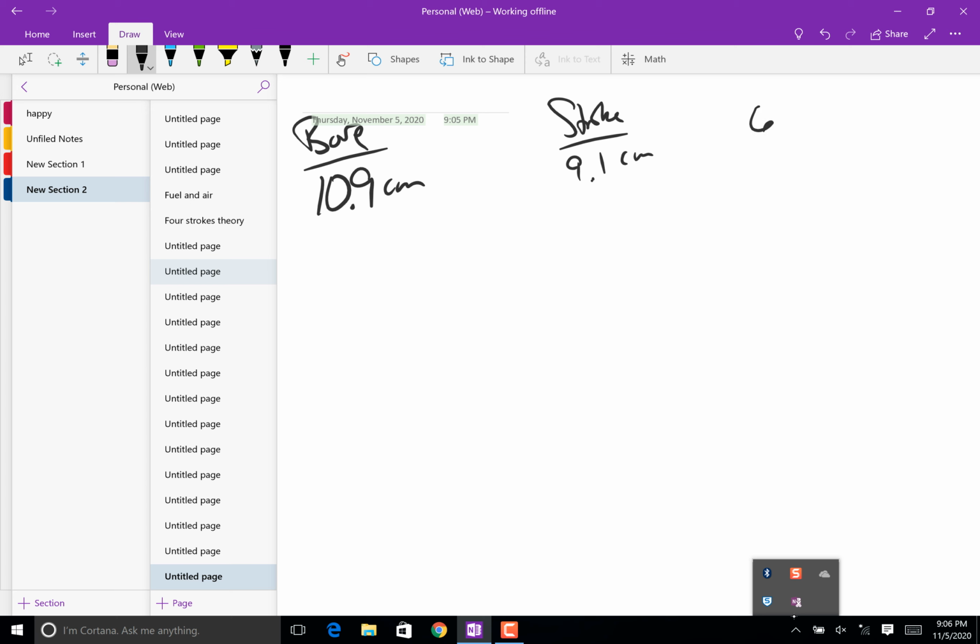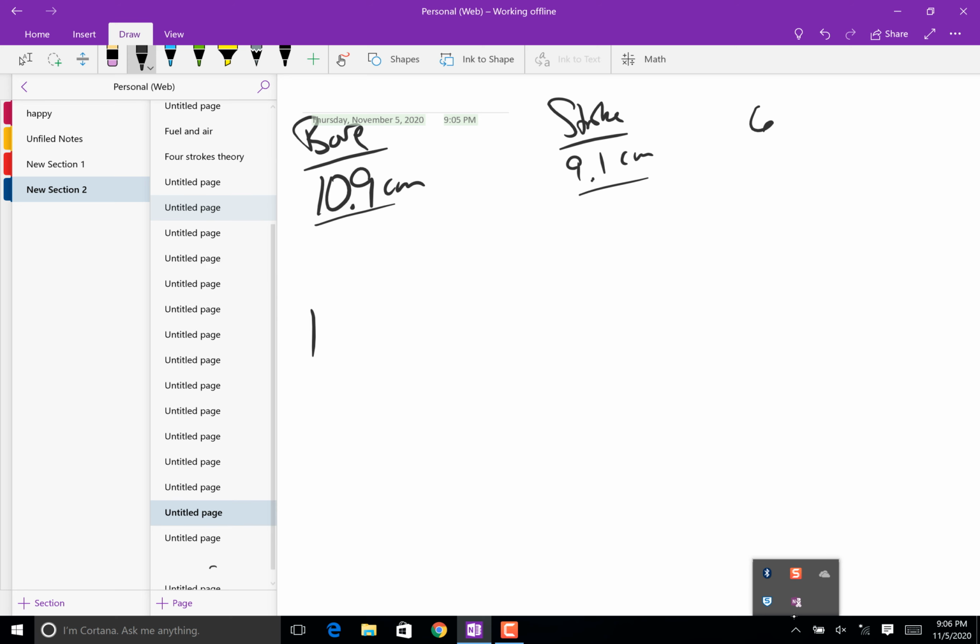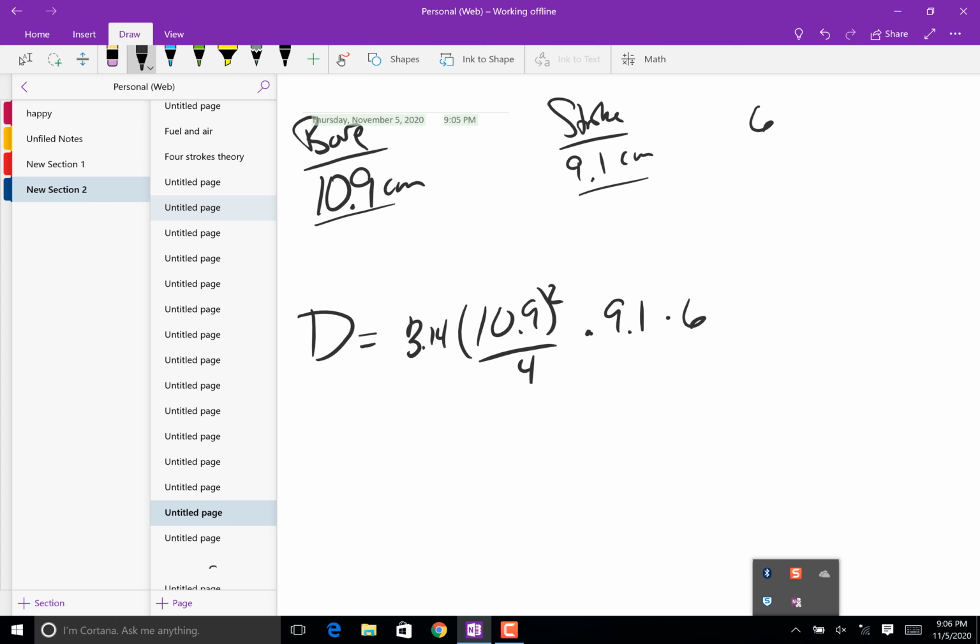The idea here is this is an over square engine because the bore is bigger than the stroke. That's all I want you to say, and then go to solving it. The displacement is equal to 3.14 times 10.9 squared over 4 times 9.1 times 6. And if you punch that out,